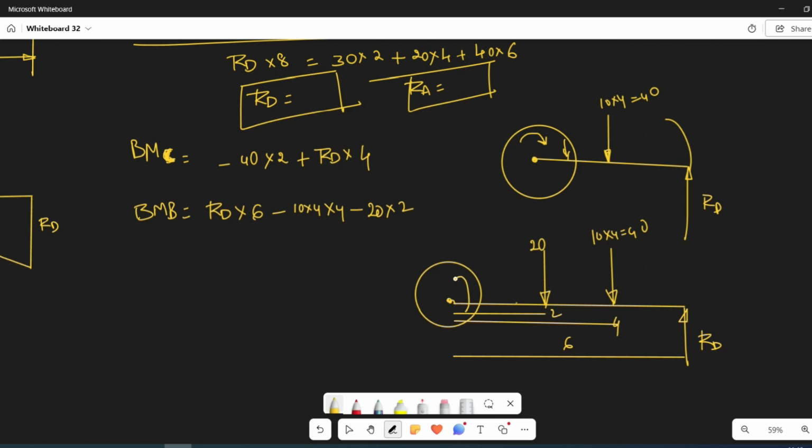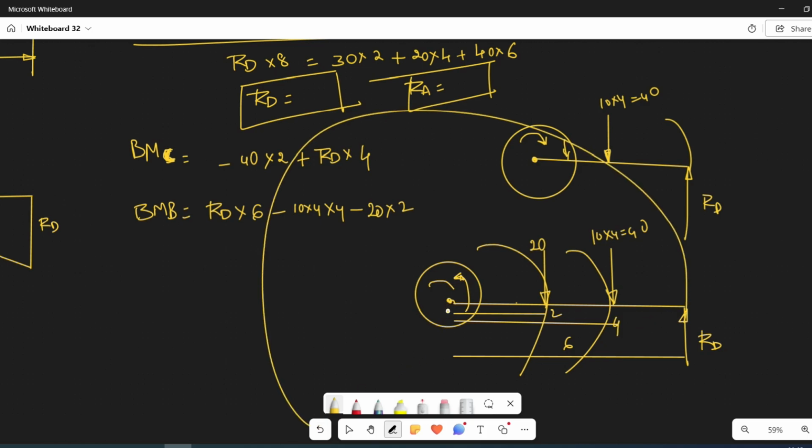RD is going in this direction. This 20 kilonewton is in the clockwise direction. This is trying to rotate the beam clockwise. This is also clockwise, but this one is anti-clockwise. Right? That's why, according to their nature,